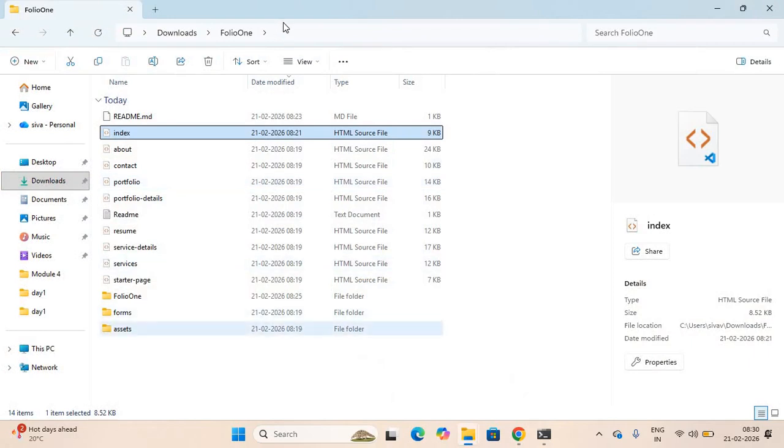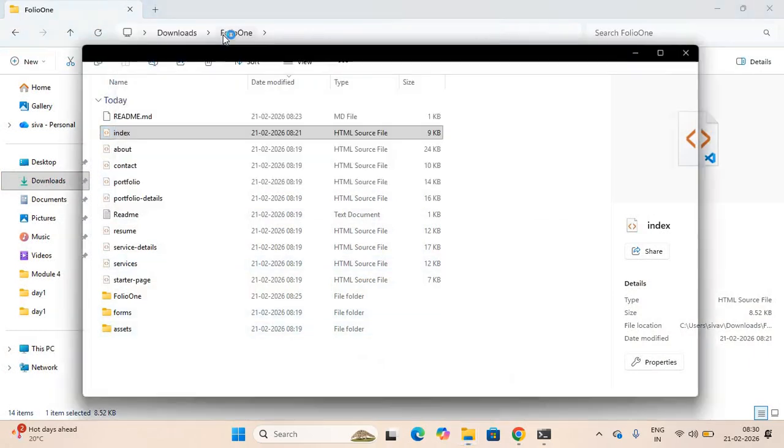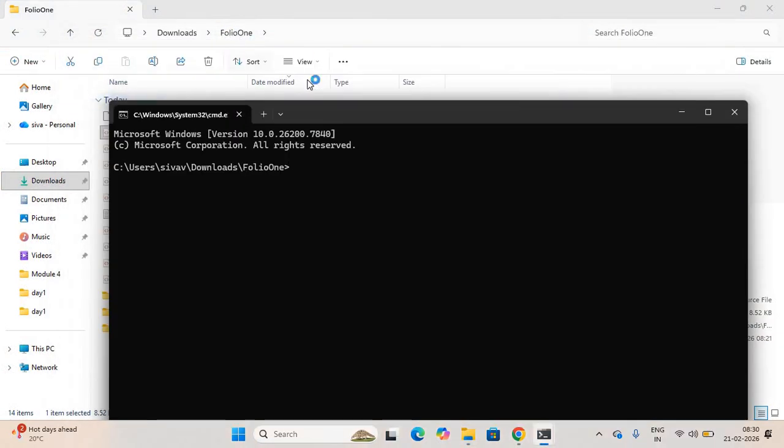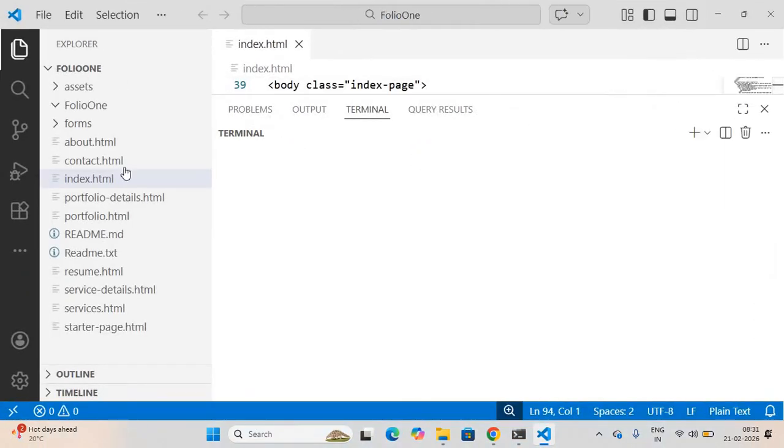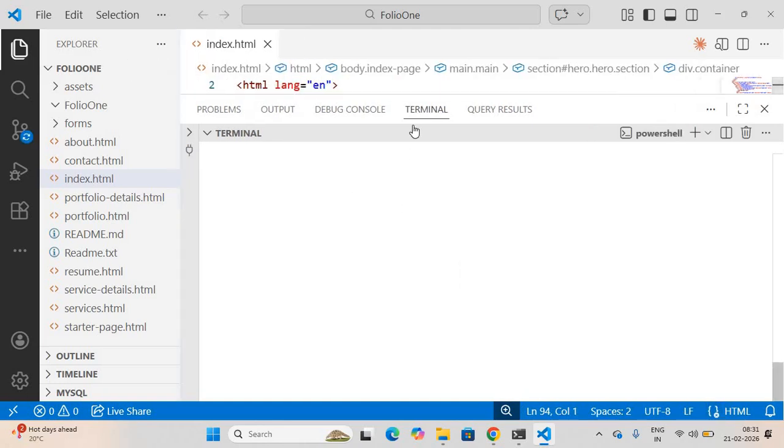First, go to CMD. Click on CMD at the top of the page. Next, use code space dot. If you already have Visual Studio Code in your system, you can directly open it. Once you open it, go to the terminal. In this terminal, see everybody, here you can directly